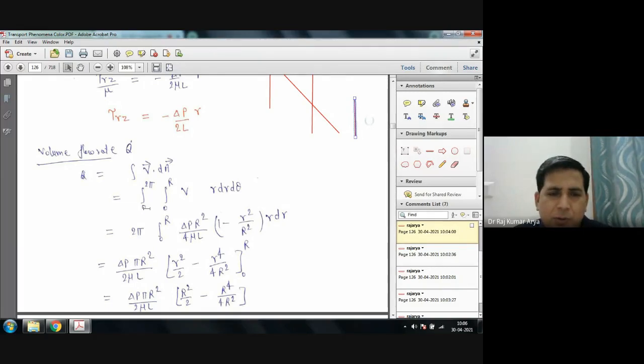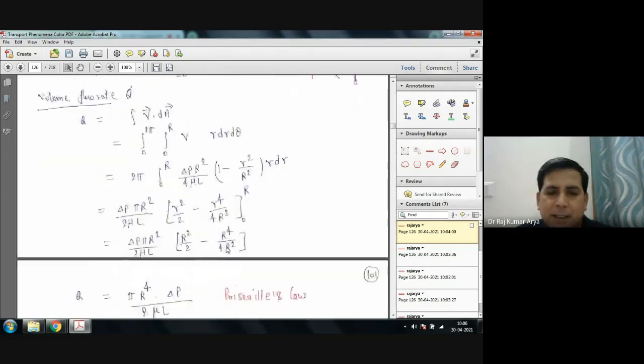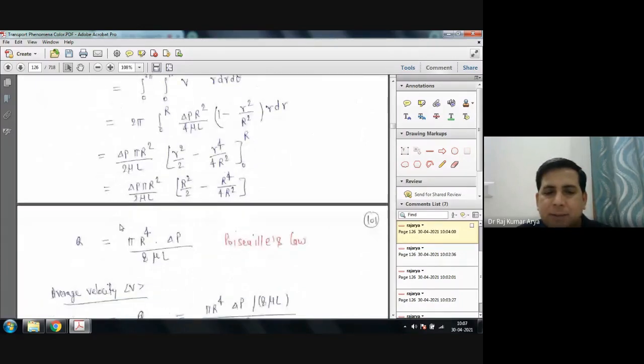So in both cases your sign would change, and based on the sign convention you will come to know what is happening there. Sometimes people just take the modulus and calculate it, because they are only interested in quantity, not in sign. So you have the velocity expression, substitute here. Theta is not coming in the velocity side, so you can integrate theta directly and just put a 2 pi here. Now multiply with r dr inside and integrate it. So you will get this expression, and finally you get Q is pi R^4 delta P upon 8 mu